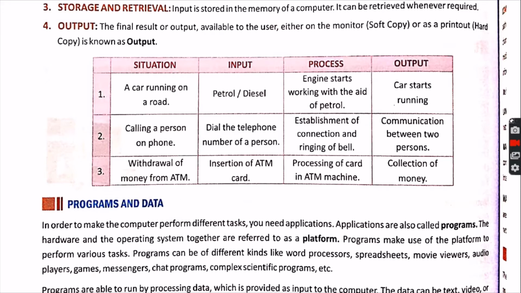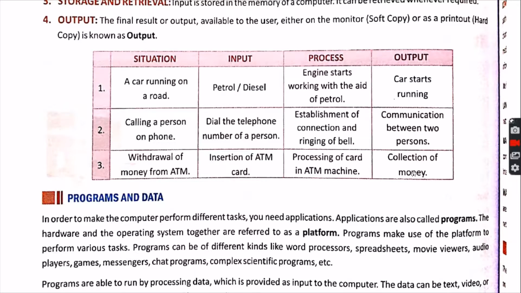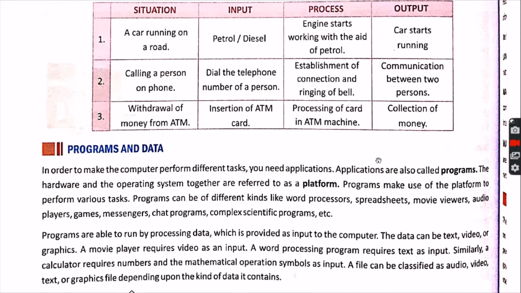So you can understand this input, process, output, as I explained, that when we are pressing 2 plus 5 on the keyboard, we are giving input with the help of the keyboard, and when the computer thinks that something is given, what to do, then the computer is processing and changing it into 7, and then the 7 is being displayed on the monitor. So adding of the numbers may be considered as processing, and output is finally the result that you are getting, that is 7.